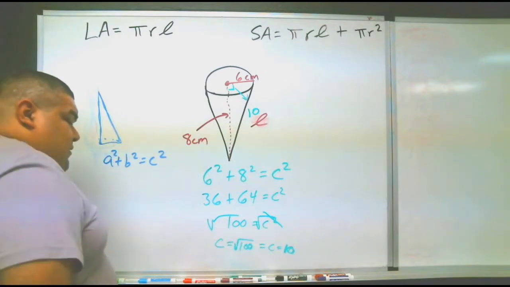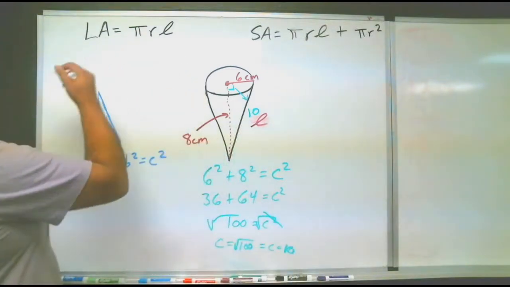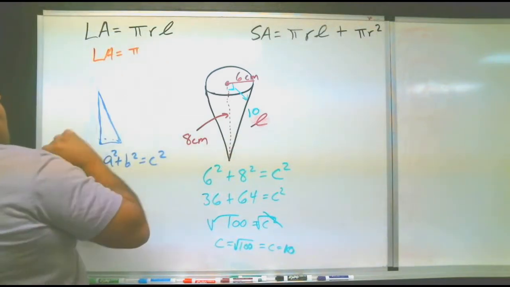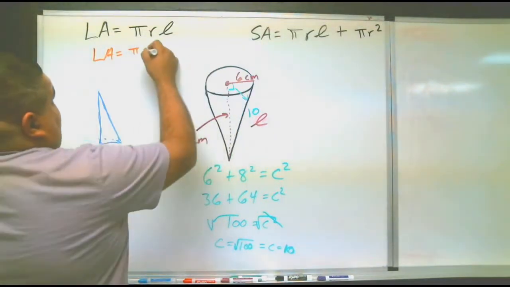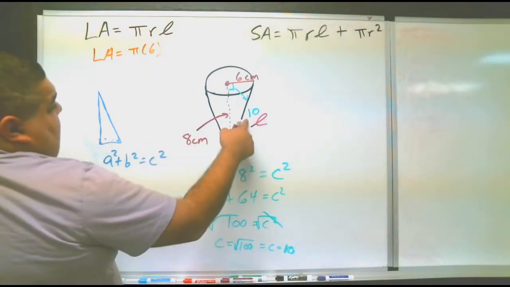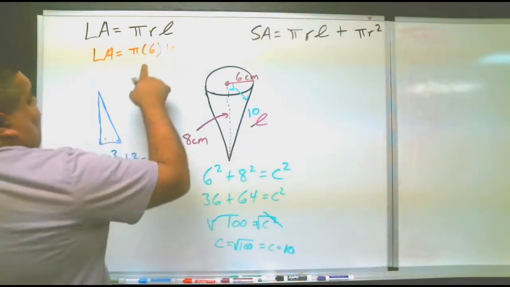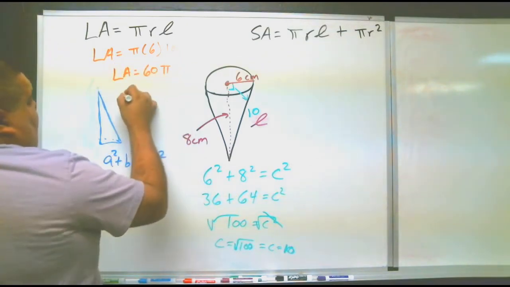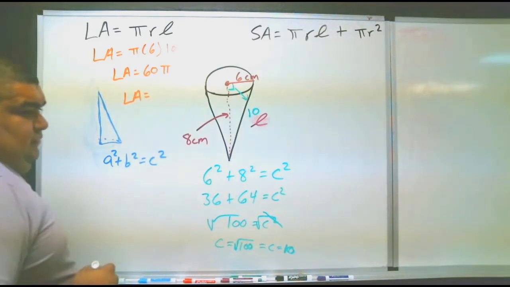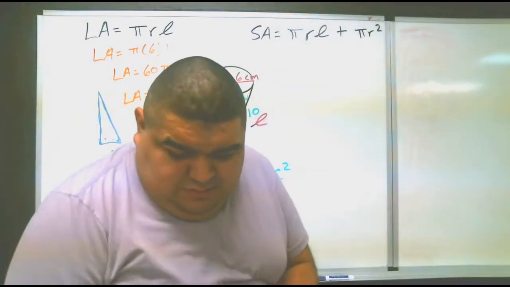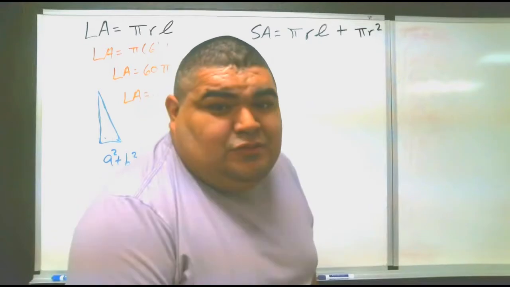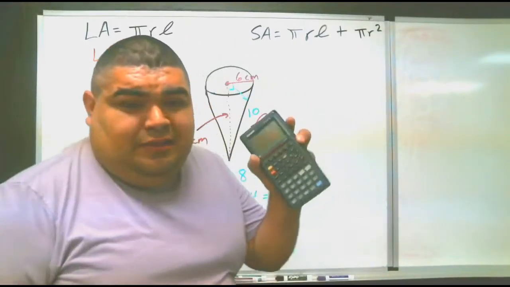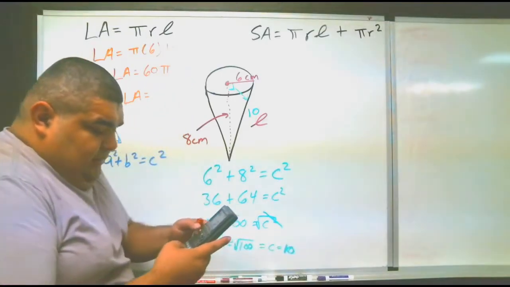So we have LA equals pi times R, which is 6, times L, which is 10. 6 times 10 is 60. So LA equals 60 times pi. Again, if you don't know what pi is, it's 3.14 in case your calculator doesn't have pi. But mine luckily does. So we're going to say 60 times pi